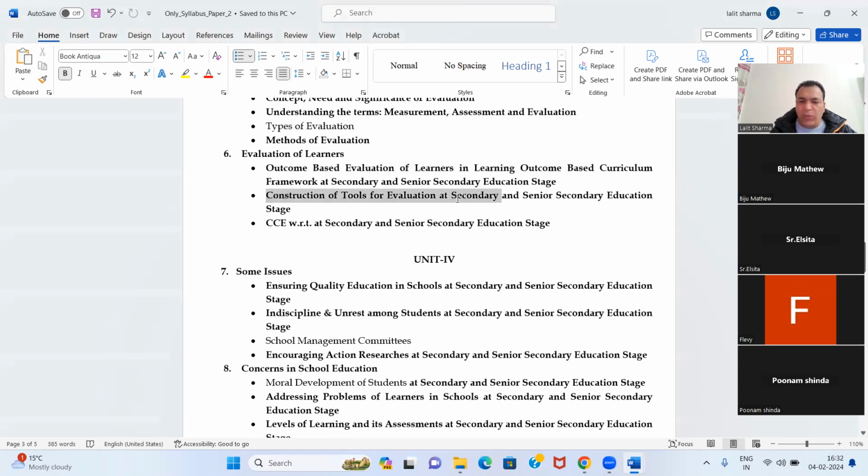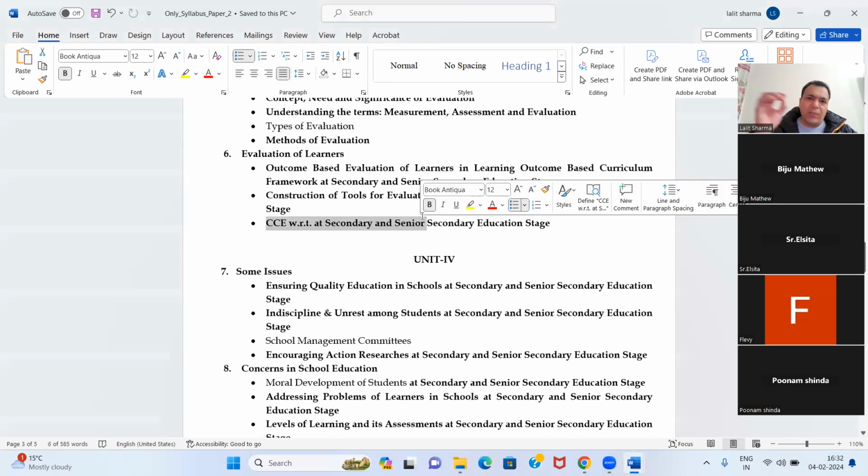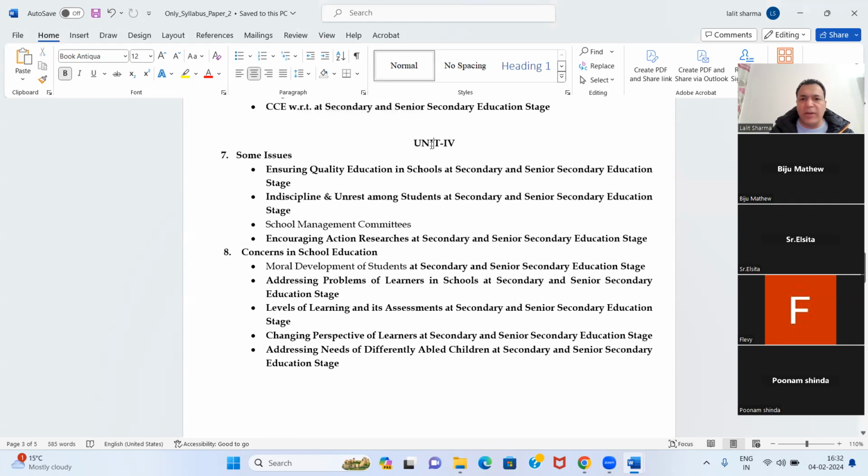Then construction of a tool for evaluation, and last में है CCE. So ये always this question comes. What is the full form of CCE? Continuous and comprehensive evaluation. Okay. So, it is again very easy. And under unit 4, the last unit of paper 2, specialization course 2,